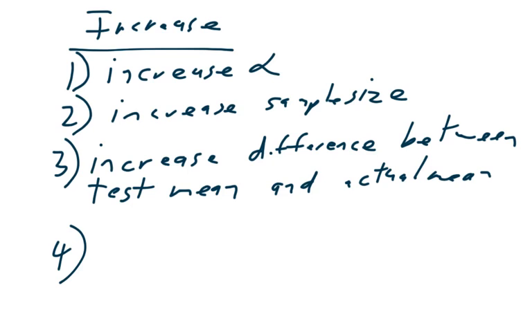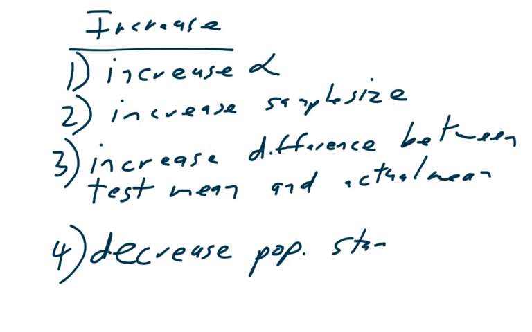And number 4, which we didn't talk about because it doesn't come up very often, is we can decrease the population standard deviation. That one comes up the least because it's hard to change the standard deviation of an entire population unless we're talking about machinery or something that we can control the entire population. So that's my video on